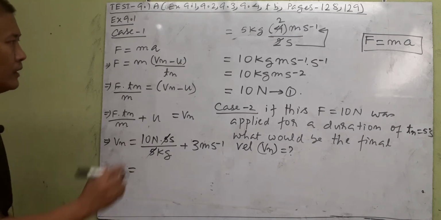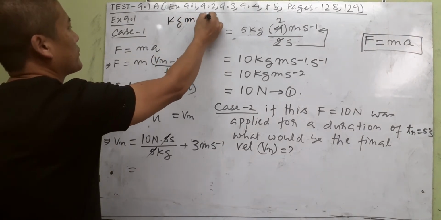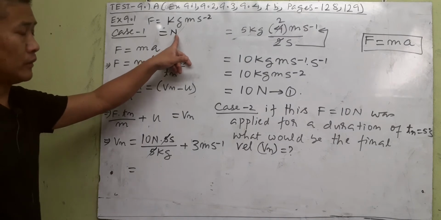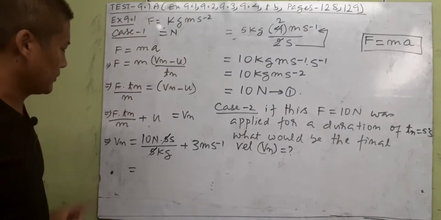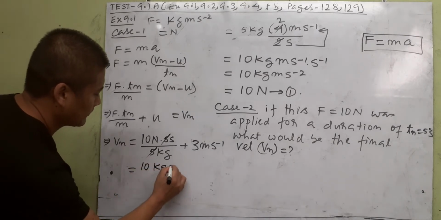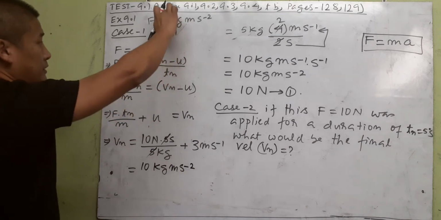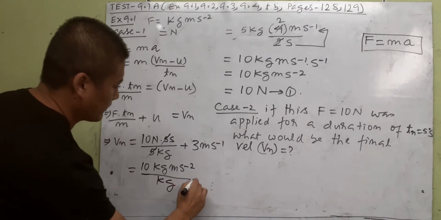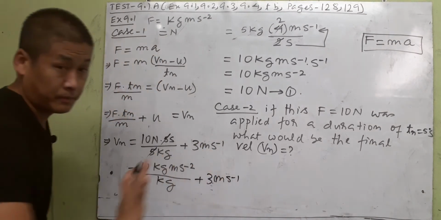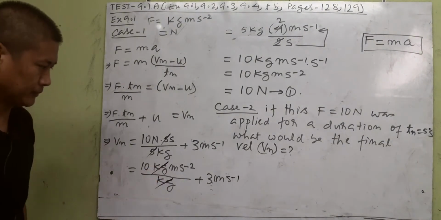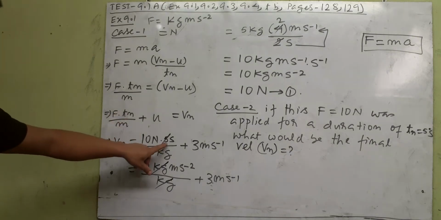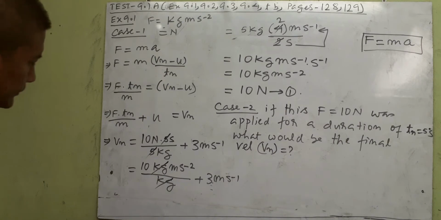Now listen carefully here. We know that kg meter per second square is the base unit of force, which can be written as Newton, in short, in honor of the scientist. So the reverse is also true, N can be changed to this. So let us change this 10 Newton to kg meter per second square. So N is now reversely changed to this base unit, divided by kg, which is left, so just keep it, plus 3 meter per second. Everything is in base unit, so it's okay. That way you can cancel these two. Right, so here, meter per second. Okay, so Vn will be into Tn, 5 seconds. So 1 second is left here, sorry, kg meter per second into,